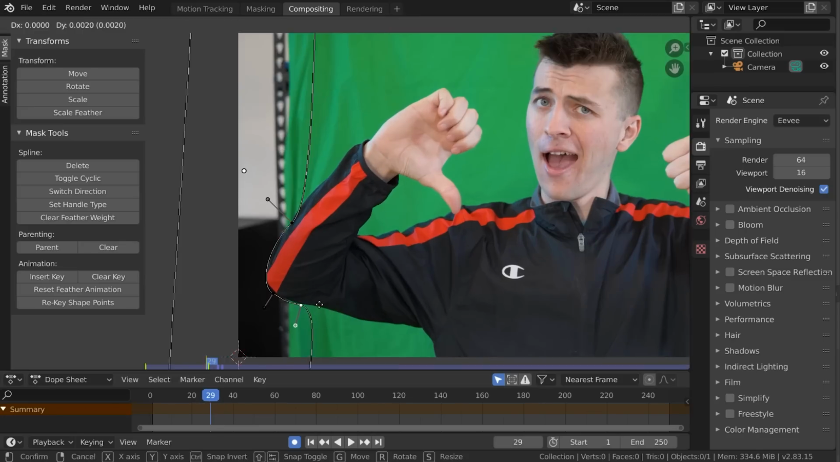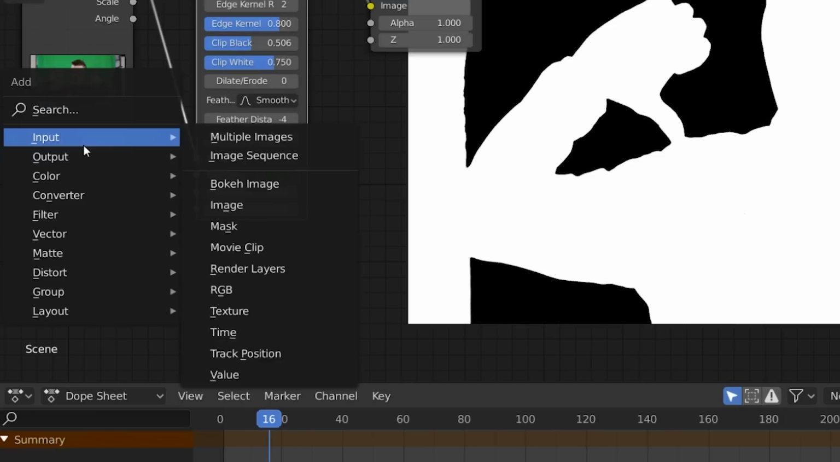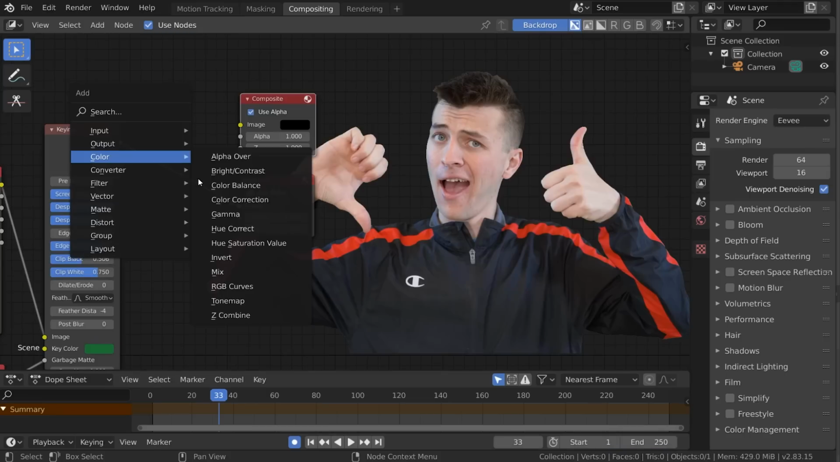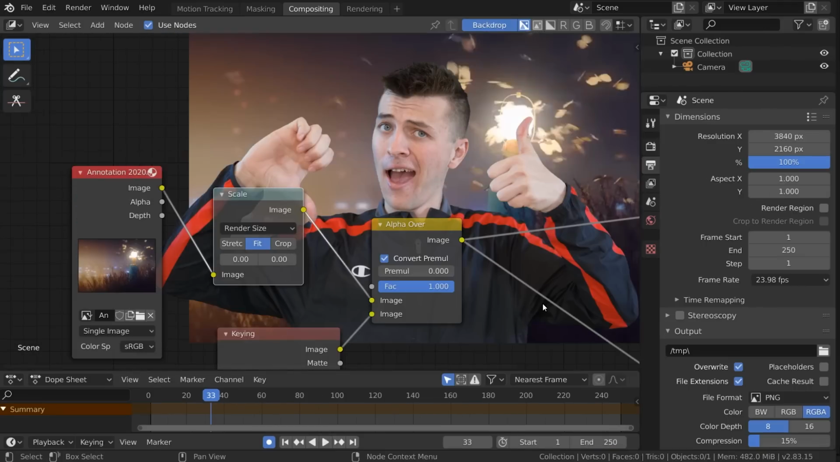Click this little button and have fun animating your mask on different frames. Now you can just add in the mask node, grab that mask, connect it to the garbage mat, and there we go. Now using the alpha over node, you can drop whatever you want behind your subject, like Maz and